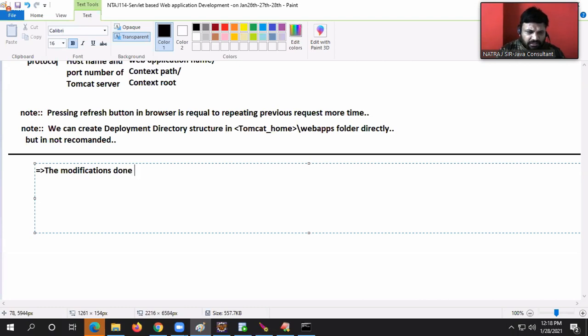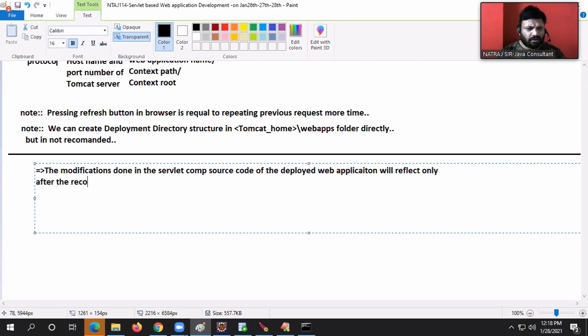The modifications done in the servlet component source code of the deployed web application will reflect only after recompilation of the servlet component and reloading of the web application.